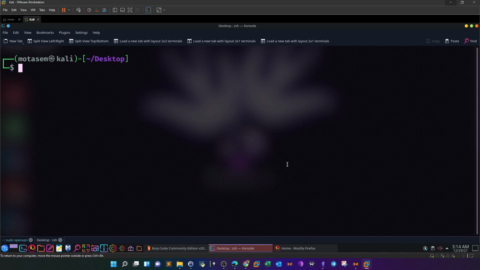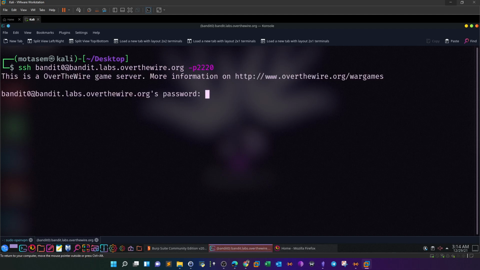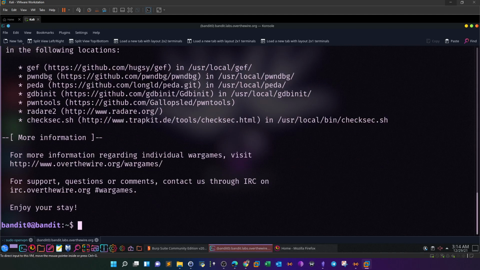So on my desktop here, let's connect. So SSH, I have it ready. I'm just gonna change 8 to 0. So now the password is bandit0. Alright,